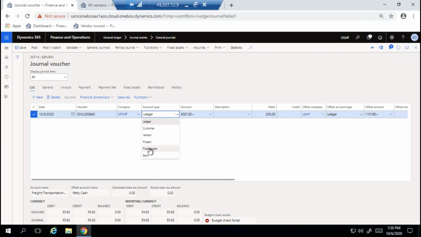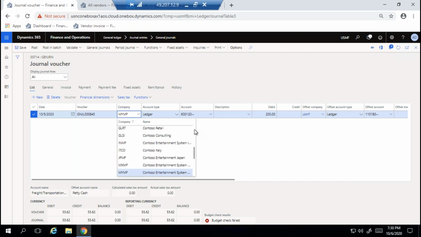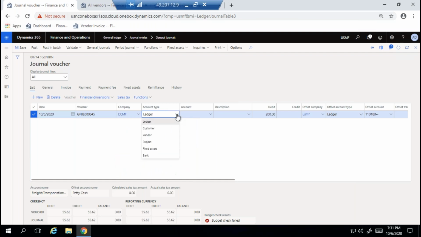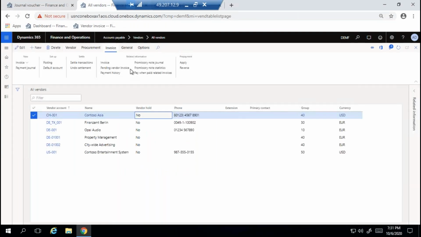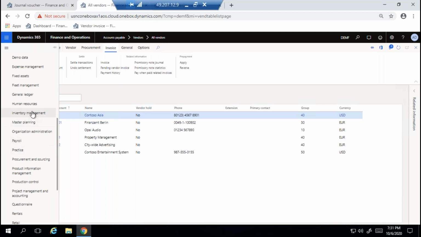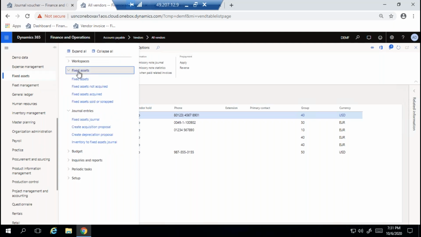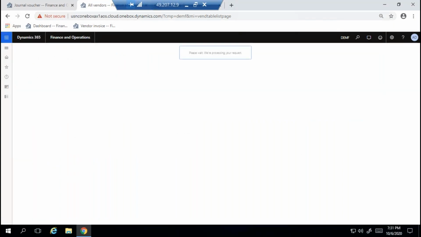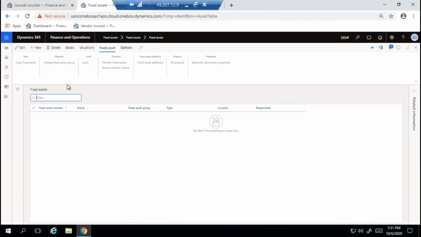Actually, if you want you can do it. Suppose, let me explain with the DMF company. I have not done this one. Let me try fixed assets. I will create a fixed asset. I think it is possible for this also, no issue. For all it is possible. Give me 1 minute, this I have not tried. Let me try fixed assets, fixed asset master. Oh, there is no fixed asset master here.